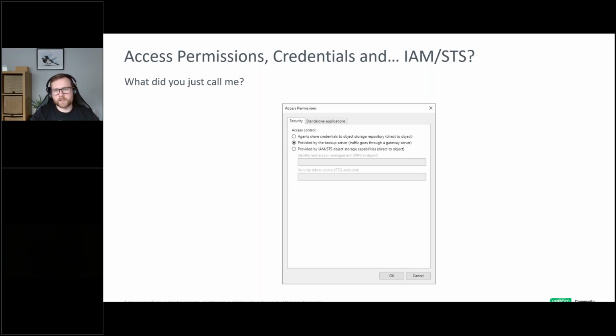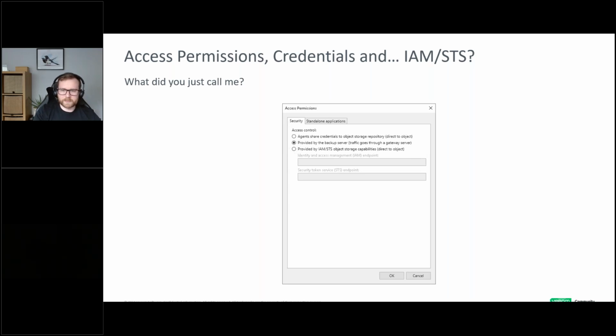When creating an object storage backup repository within VBR, if you were to navigate to the backup infrastructure view and select the object repository and then click on the access permissions, you'll be greeted by the configuration settings that are currently on screen. If we cast our minds back to when we first looked at backing up data to object storage, we saw two connection modes, direct and gateway. And I mentioned if you utilize direct, your agent might communicate directly to object storage. This is an important setting behind the scenes that governs the ability to utilize direct or gateway backups.